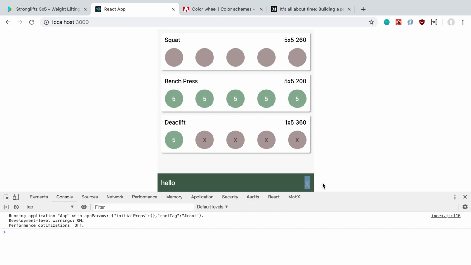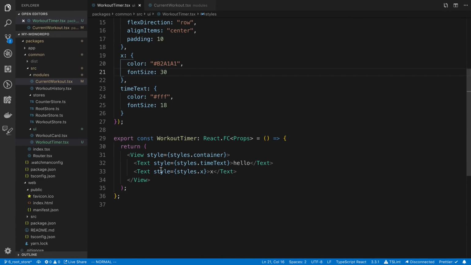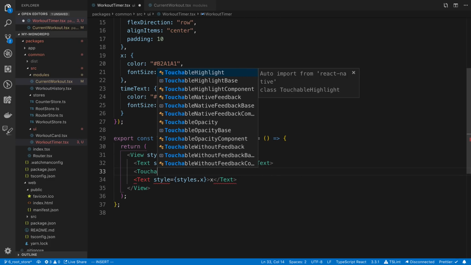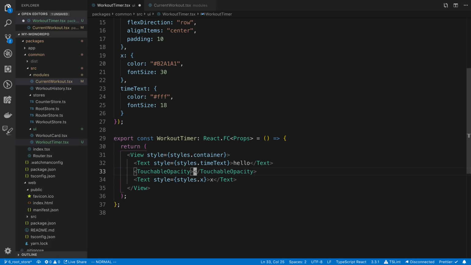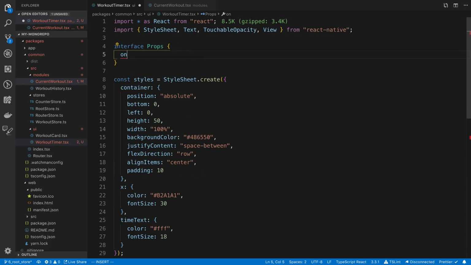And I guess we want a little bit more space, I guess padding on the side of that as well. And I also want to make it touchable opacity like that. And then I'm going to say on press. And then here we're just going to say a prop that we're going to take in here. So on X press,